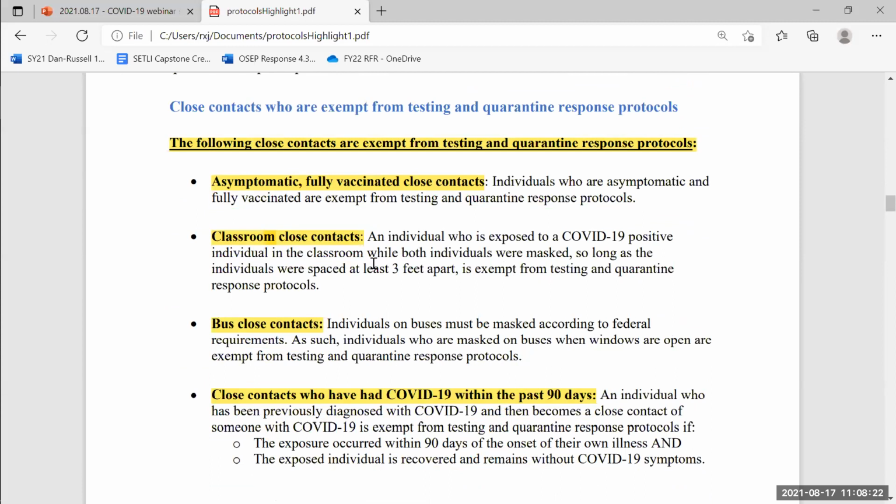So our students who are 12 and up, our staff members, any of those who are vaccinated and are asymptomatic. Really important to have both, right? Symptomatic, we would take a different response. Asymptomatic, fully vaccinated,